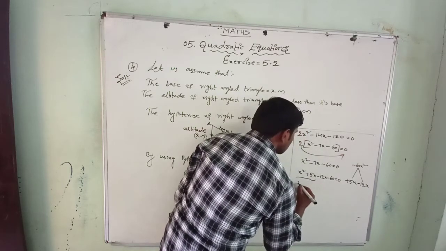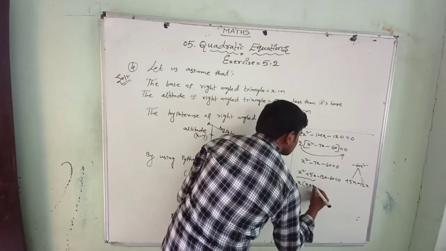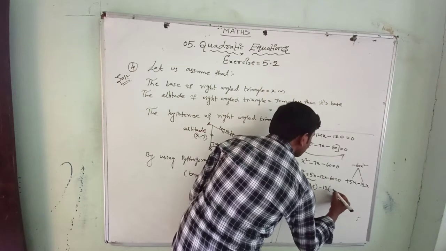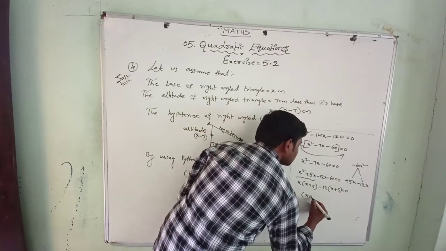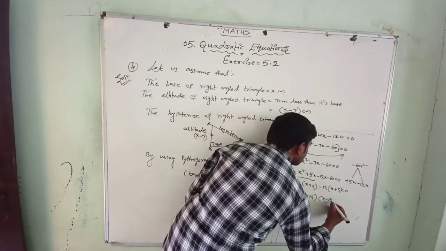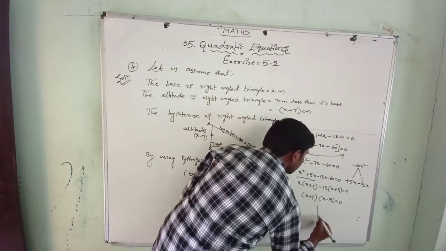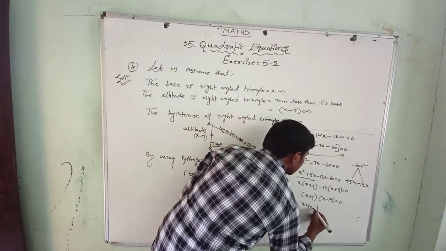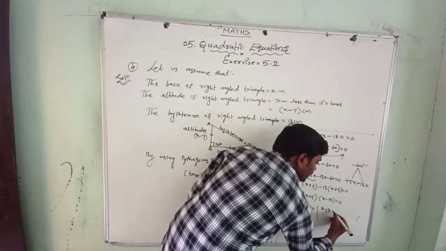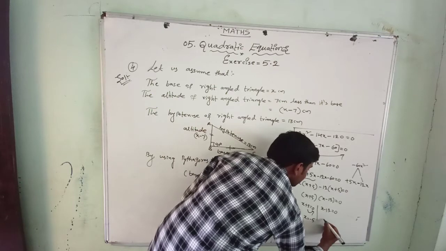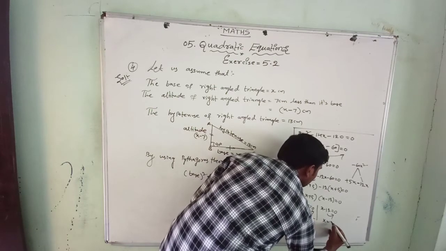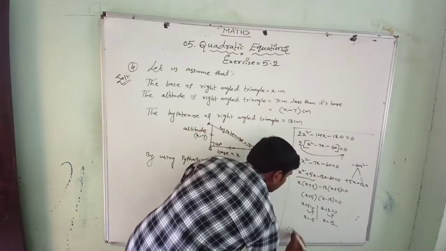In these two terms, x you take out common factor, x plus 5, and minus 12 you take out common factor, x plus 5, equal to 0. Then x plus 5 you take out common factor, so x minus 12 will be equal to 0. Then we get x plus 5 equal to 0 and x minus 12 equal to 0. This plus 5 you transfer, that is minus 5. This minus 12 you transfer, that equals plus 12. Therefore